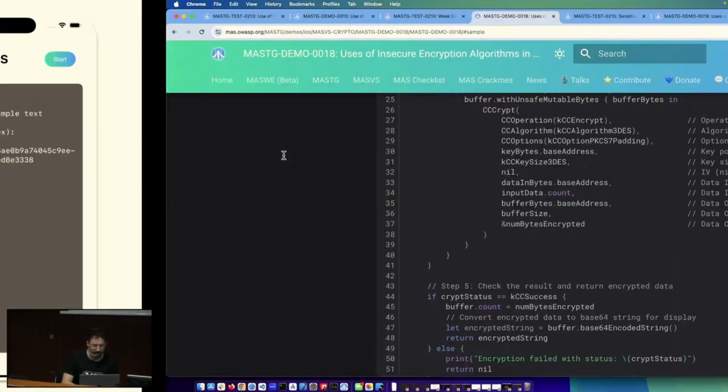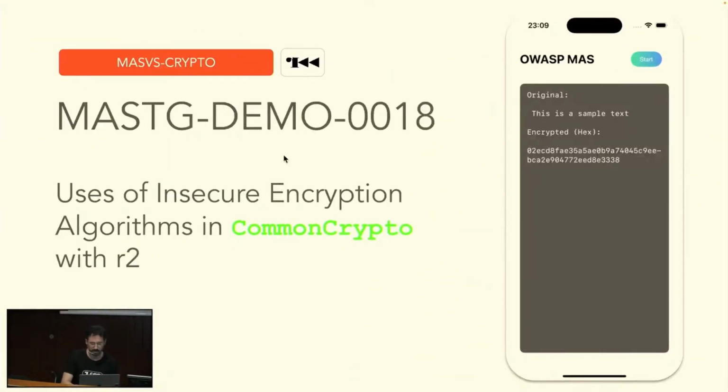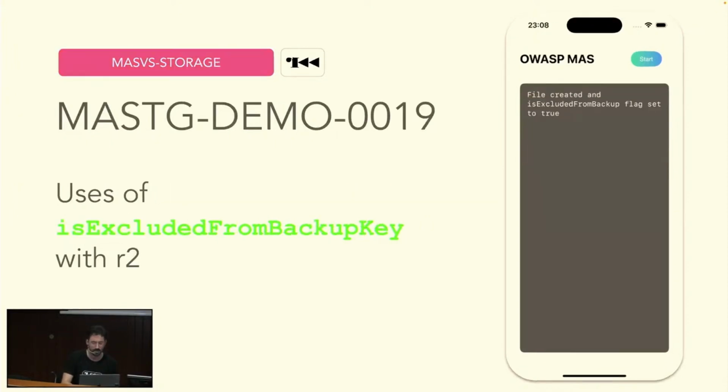All right, and I think we still have a bit of time, right? One more demo. The last demo, which is about storage, again on iOS. The apps can try to exclude something from a backup, and this can be a good thing if it really happens. But if you read the guide, we tell you that actually maybe it doesn't happen, because even if you would expect it's excluded from backup,